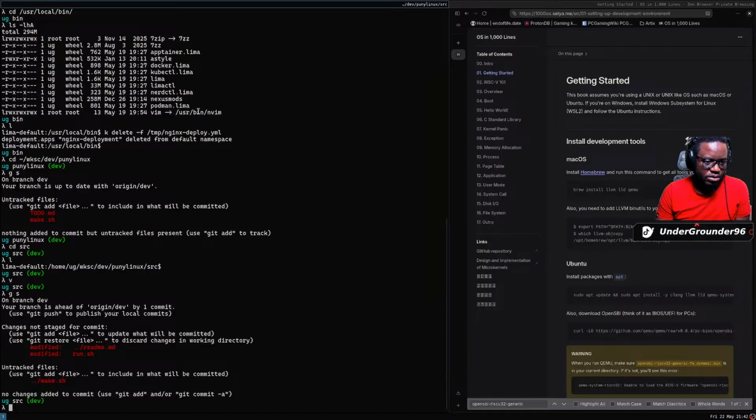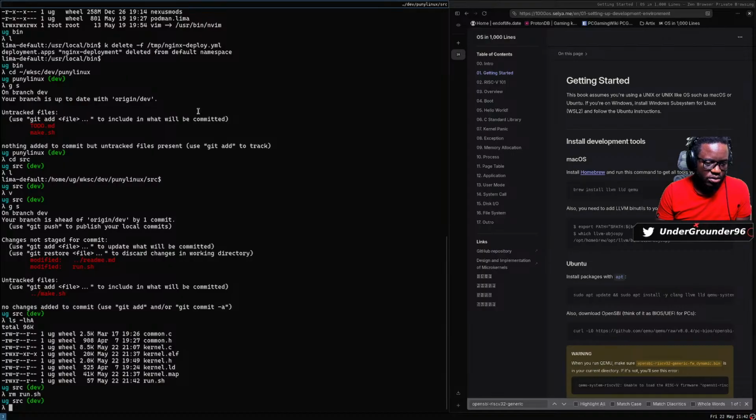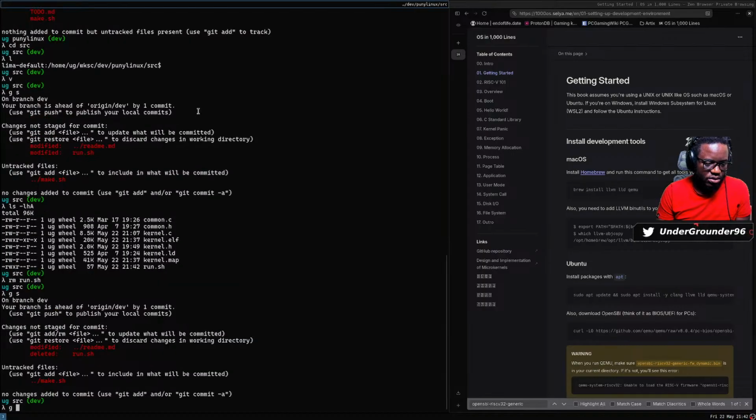There you go. Now it's a modified run only. Oh, okay. So yeah, remove run. Yeah, run got deleted. Then you do add run and then no, move the make here